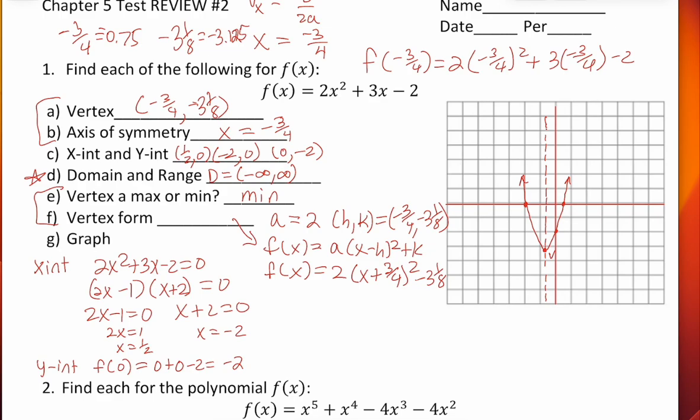The lowest value would be negative infinity, and you would hit that vertex as your maximum, okay? So our range has a lowest value, whatever the y value is that we hit, that negative 3 1/8. And it is a point on our graph, but we can keep going forever and ever after that. So that is everything you're going to need to know